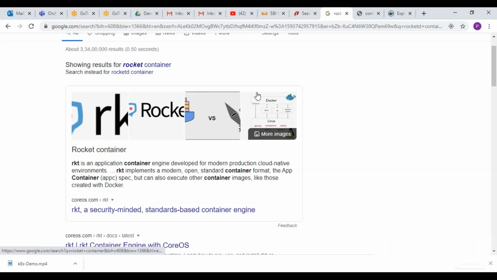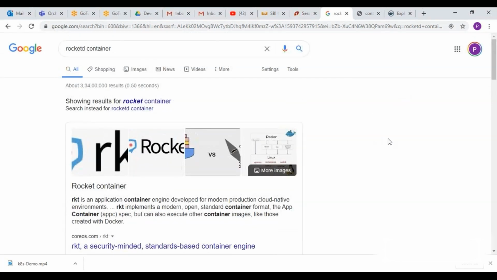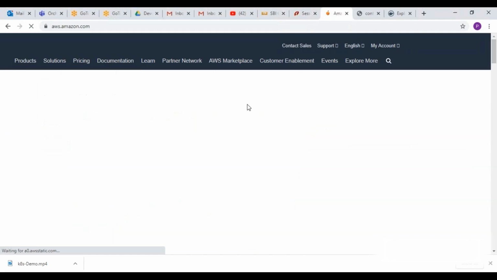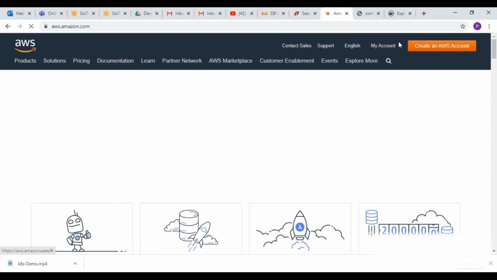If you have other methods, like if you are good with Vagrant, you can use Vagrant on your local laptop and create a virtual machine inside that. Or the simple way is to create an account on AWS and then create a virtual machine. It's very simple: just click next, and you can create a machine. So let me quickly create one machine here.